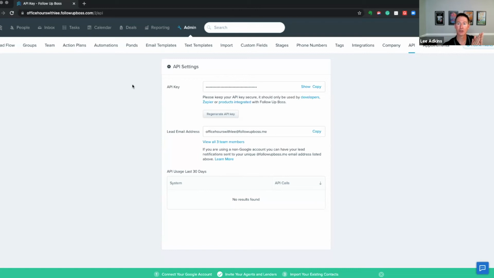So a tag is great for Sphere, or this person's a vendor, or this person is an A prospect or A referral. If you're using Buffini style things, like they're an A or a B or a C, referral prospect. This person's an investor, because that lives with that contact. They're still going to be an investor, whether they're under contract, or whether they're a lead, or whether they're a past client.